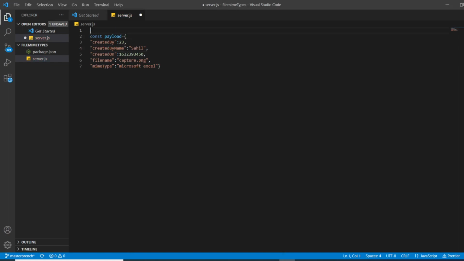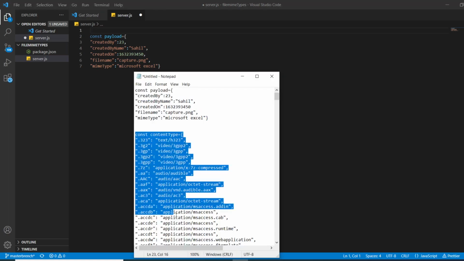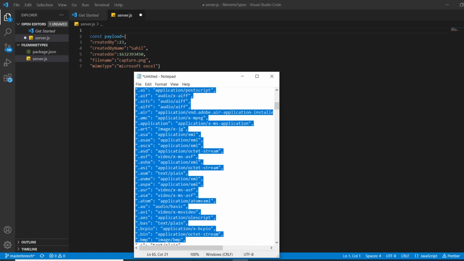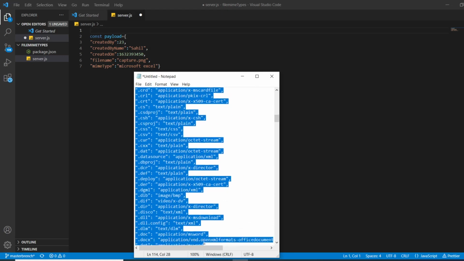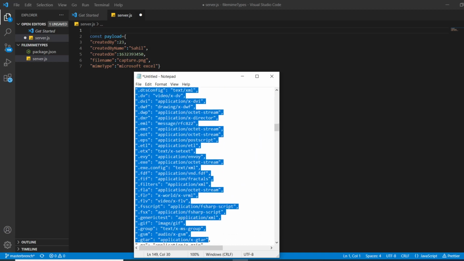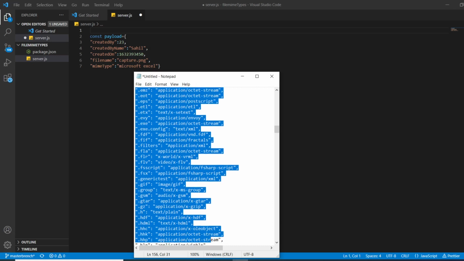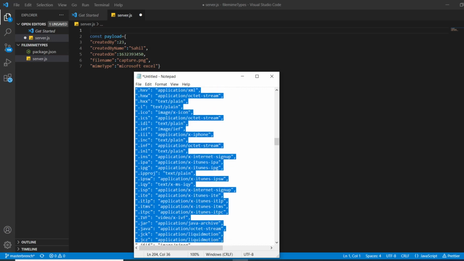And we also need the object of mem type. So this is the object of mem type. Guys, I'll tell you all the ways that I know to implement this functionality. So whichever way you like, you can implement that in your code or in your product.